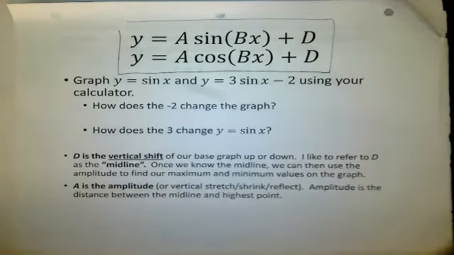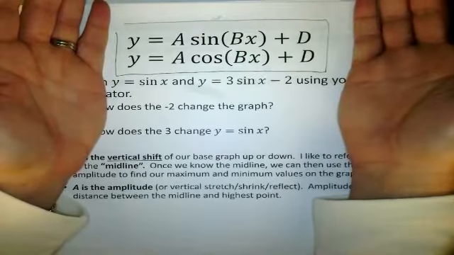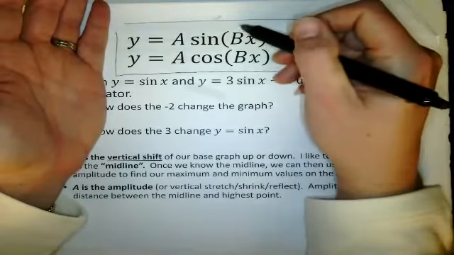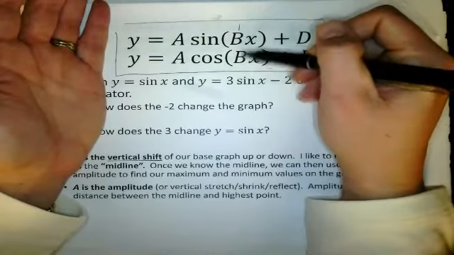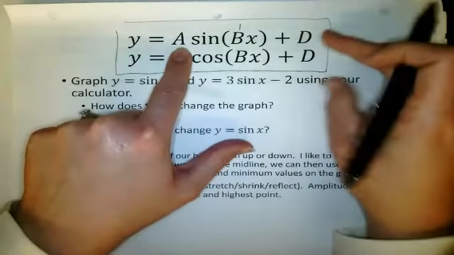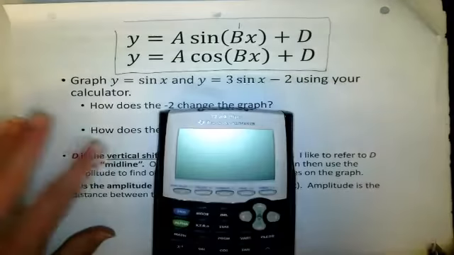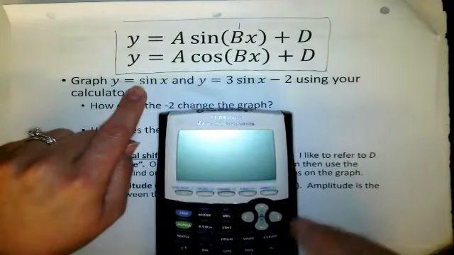This is the basic function that we're working with today and tomorrow. Today, our B value is equal to 1, so it's just sine of x and cosine of x. We are going to be modifying the A and the D. And so what we're going to do in your calculators,